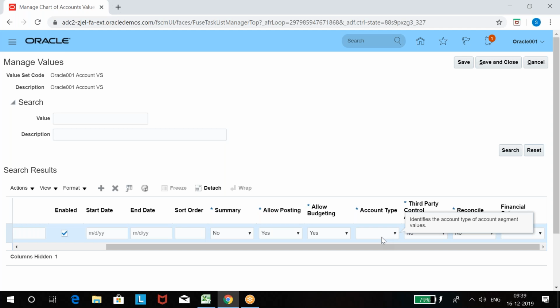Asset. Cash is, select asset as a type. See why this account type is required. The reason is because the system can give you a proper report if you select this type. The system gives you what type of account it is, information on the report. To have proper data tracking, this option is provided.